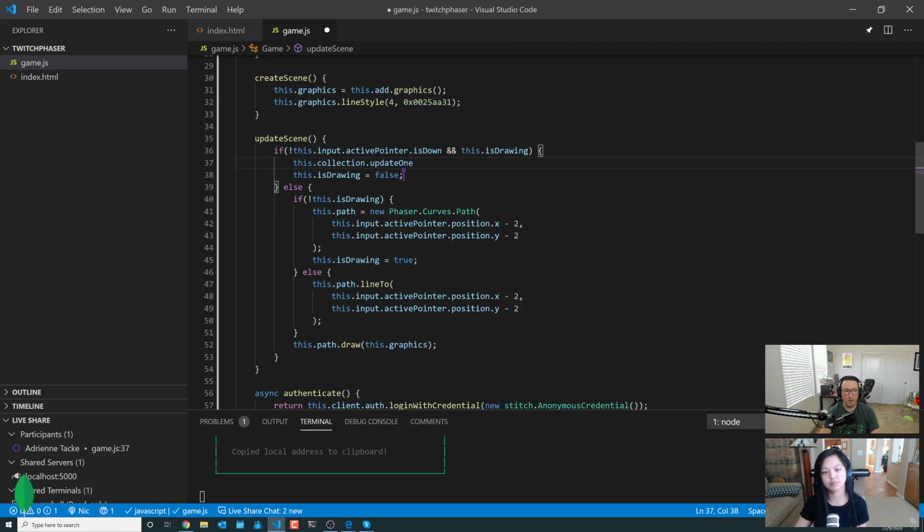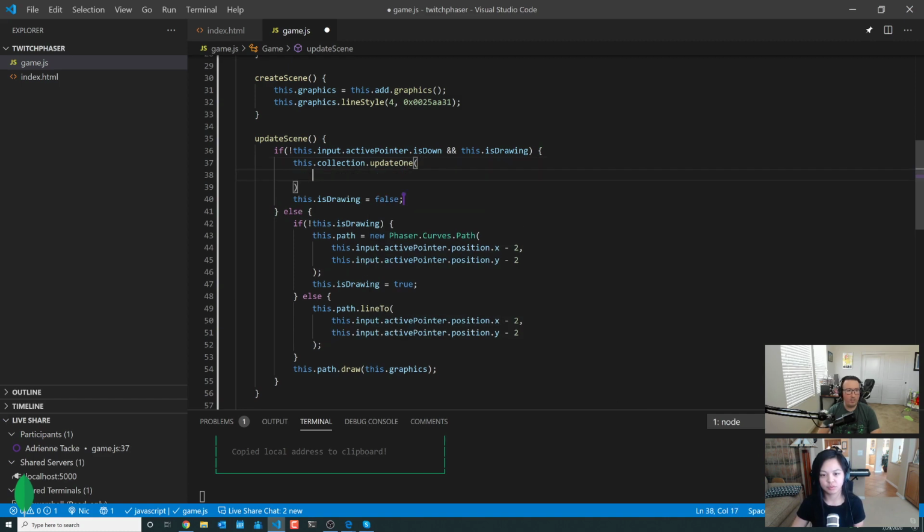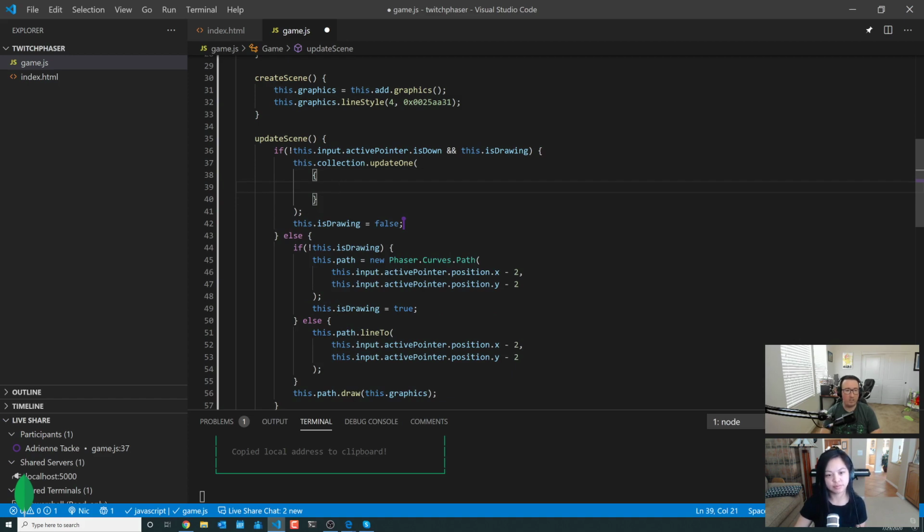So we're going to update one single document, and this update command takes two different objects. The first one being the match criteria. So we want to match on, of course, the ID, right? Yep. And the ID, we passed it in, right? It's this dot game ID.